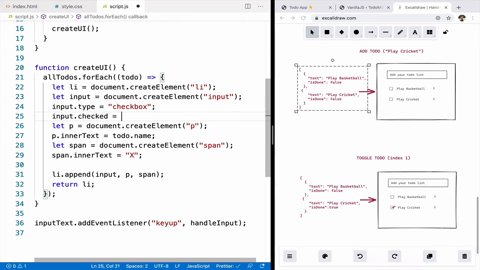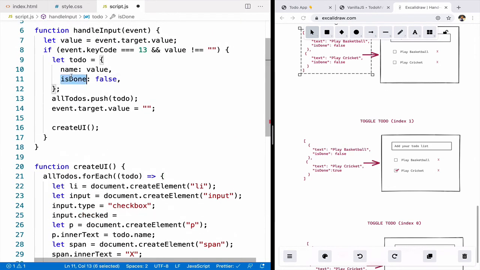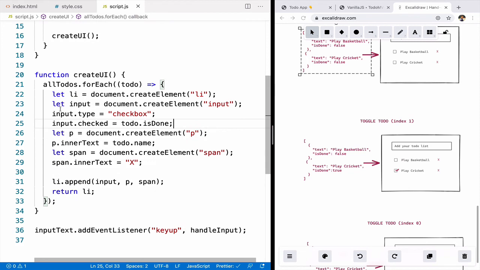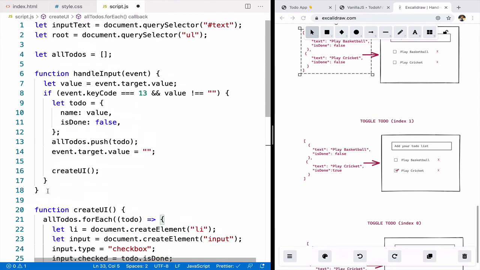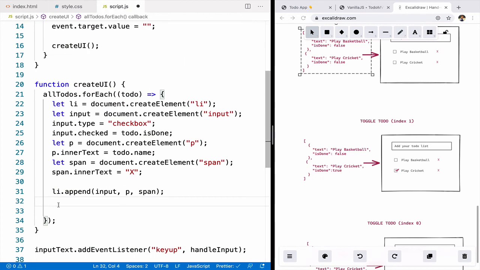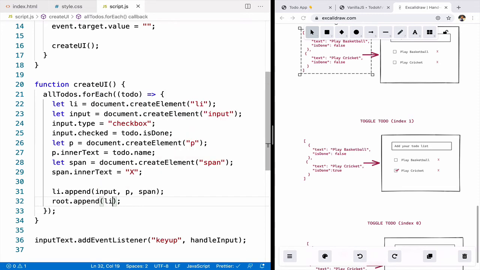So the checked property is what creates the check sign like this here. todo.isDone. Now for each of these to-dos, we are creating this structure and we just need to append it into our root element. So root is our UL. We have selected it here. root.append and we'll pass li.